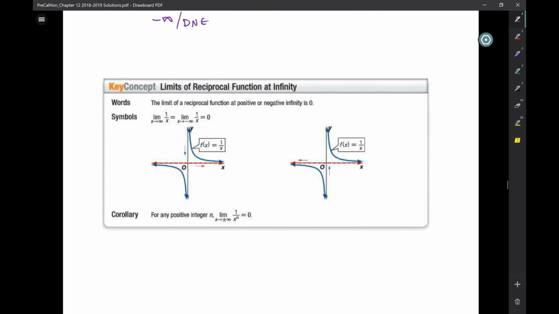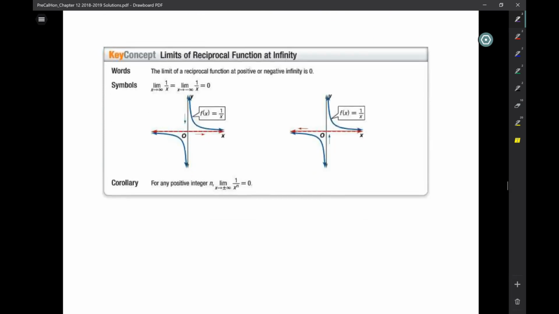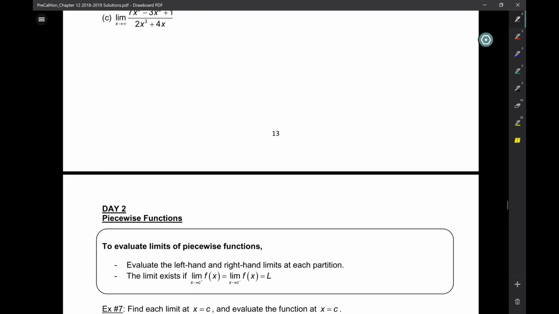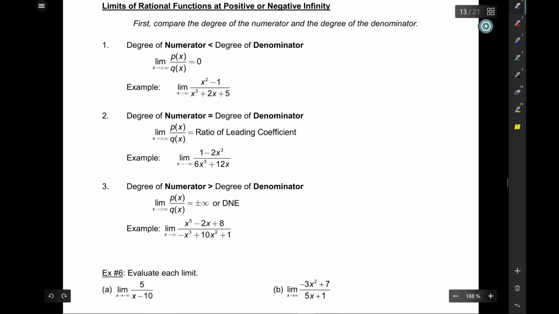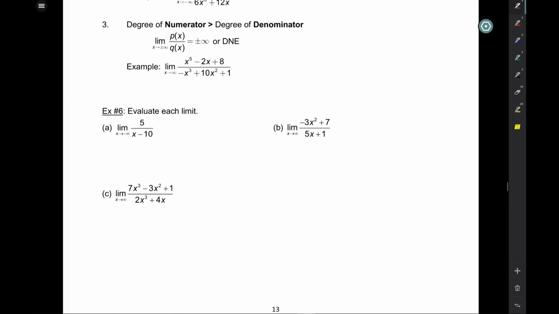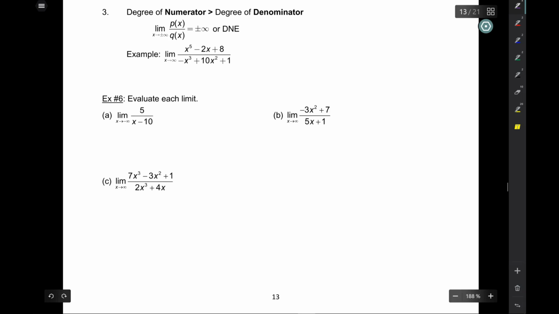Okay. Here, this is the reciprocal function. As x approaches infinity, where does this graph go? 0. The limit is 0. Do you see how it levels off to 0? Right? So here, limit of f of x is 0. Okay, for the reciprocal functions. Let's do some of these and then I'll go over the, okay, here, okay, this is all stuff that we've done. So let's do some of these here. So 5,